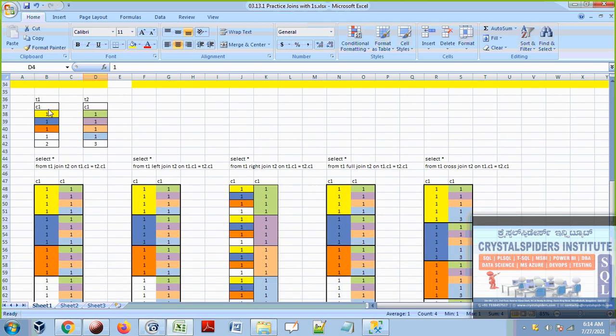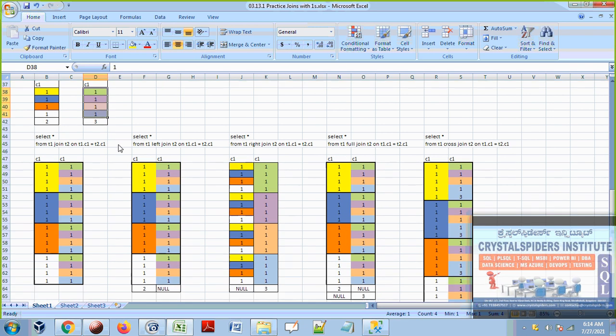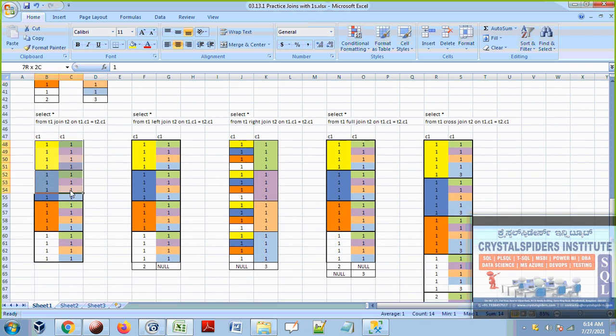Suppose we have data like this, so now we can understand it very well. I added one more record, guys, 2 and 3 here. So this is going to take only matching records. Matching records means this one is matched with all these 4s, and this blue one matches with all these 4s, and this one matches with all these 1s, and the white color one is matched with all these 1s. Wherever it is matching, it joins those records. That's what inner join, or join operation, is.